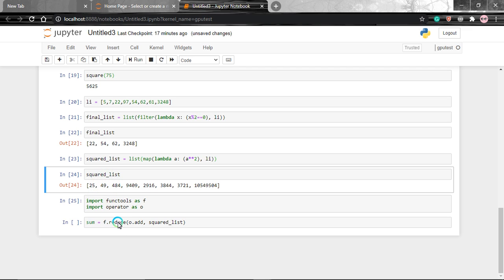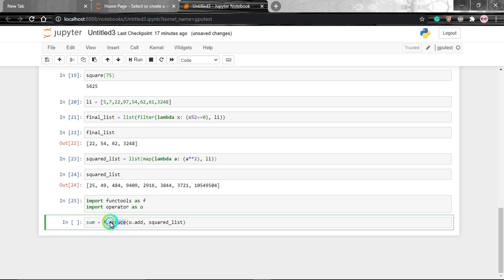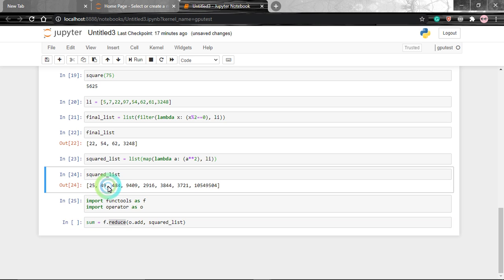Then again we'll reduce it, use this sum and add it to the next value, then we'll get a new value. In a similar fashion we'll get the sum until the last element, and we'll get our final result.